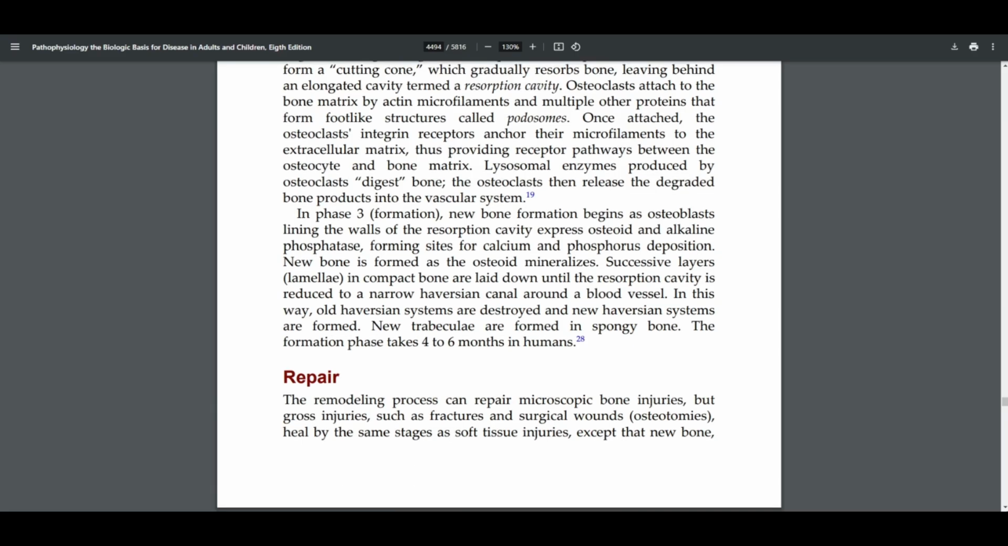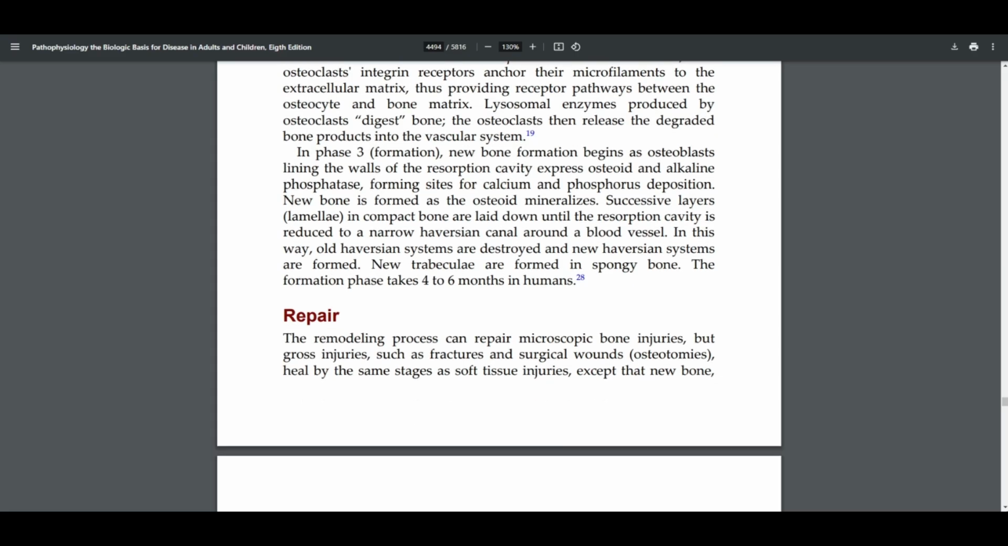Leading us to the last step, in phase 3, the formation of new bone. Formation begins as osteoblasts lining the walls of the resorption cavity express osteoid and alkaline phosphatase, forming sites for calcium and phosphorus deposition. New bone is formed as the osteoid mineralizes. Successive layers in compact bone are laid down until the resorption cavity is reduced to a narrow Haversian canal around